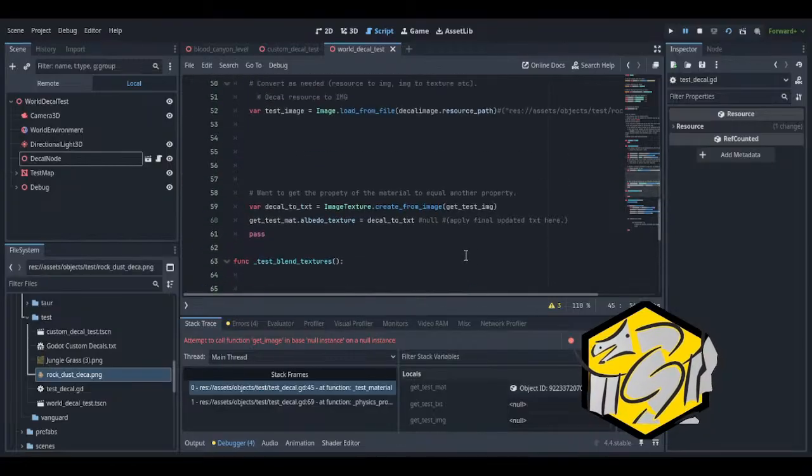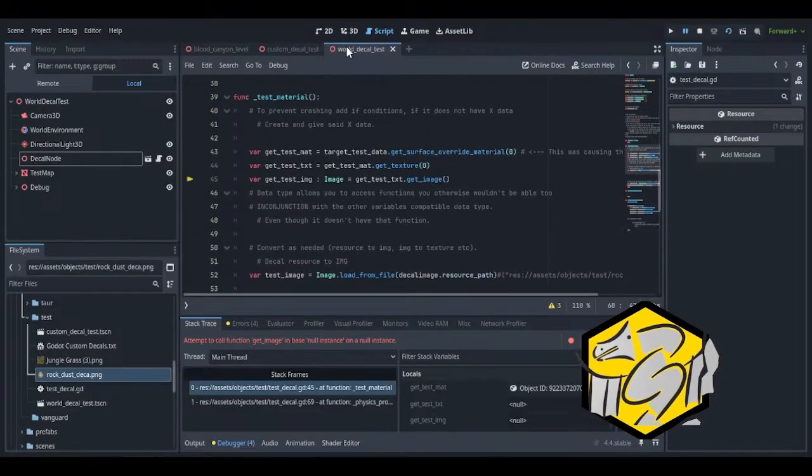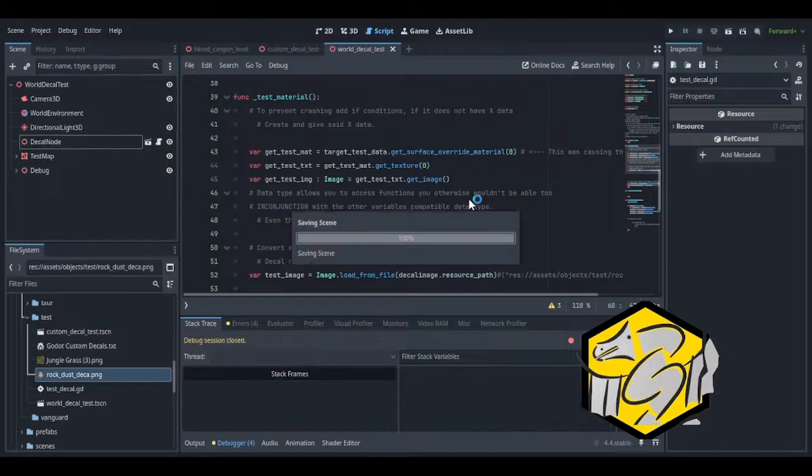Maybe. I don't know. I forgot that I set this to 0. I mean, I set this to null, so it was always going to be null. It's still null.